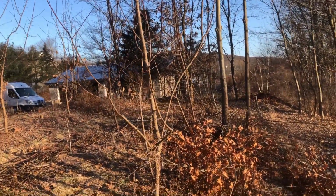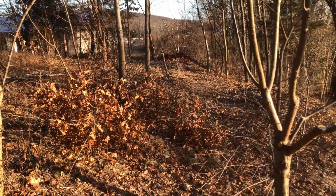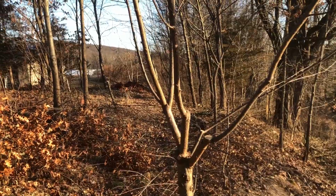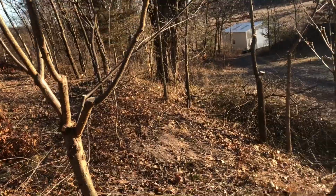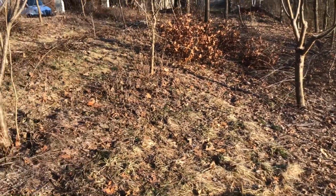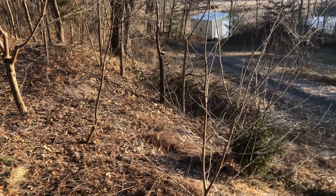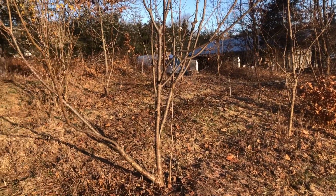I am working on expanding this area that I covered in the last video about pruning or chopping and dropping. Before I get too far into it, I just wanted to talk about it a little bit. So, super brief, this area was shaped during the house build something like 100 years ago, and then they cut out here for the road, and then it's more or less been just sort of brush hogged or something like that for a very